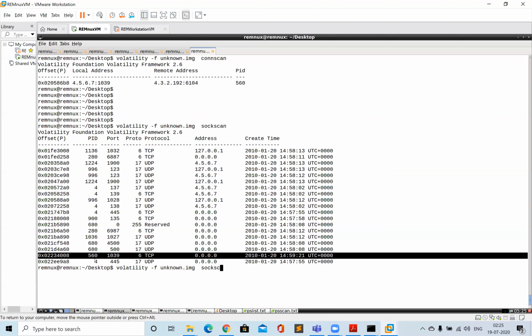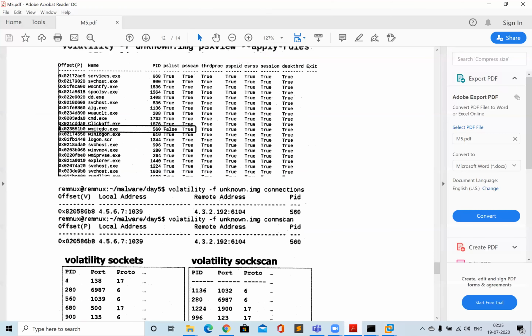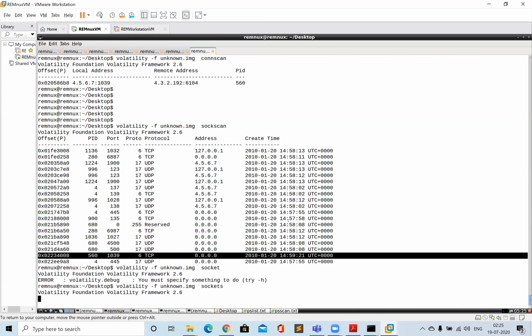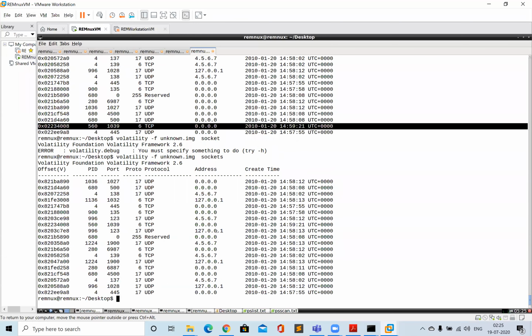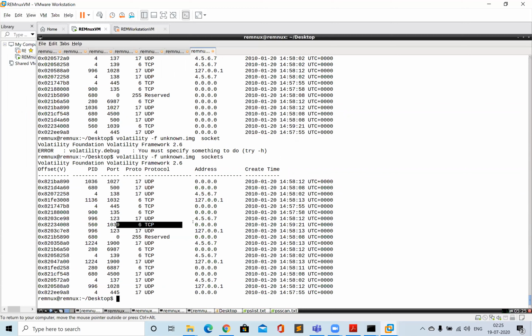And even the sockets plugin, I think it was sockets. So let's run sockets, and now let's see 1039. Mostly, if you see 0.0.0.0, it means this software is listening on port 1039 and allowing any IP address to connect to this system on port number 1039.